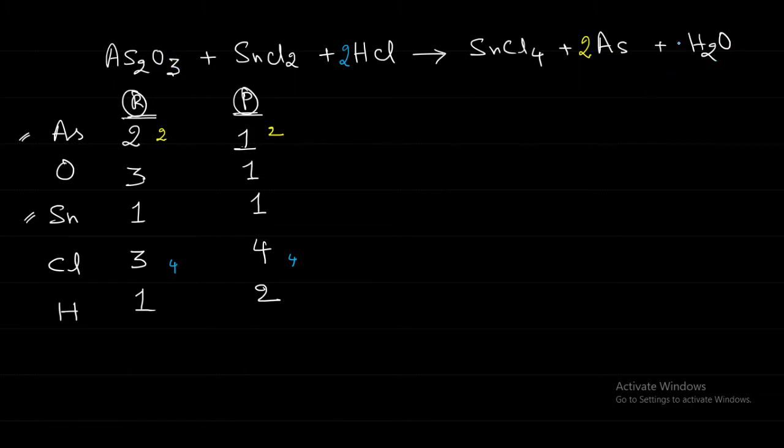So what we will do, here we have to multiply with 3. So that here we get 3 oxygens and here already 3 oxygens are there. 3, 3. Then what remains is the hydrogen. In the last we are balancing the hydrogen. So now the hydrogens, here 2 hydrogens are coming and here 6 hydrogens are coming, correct?